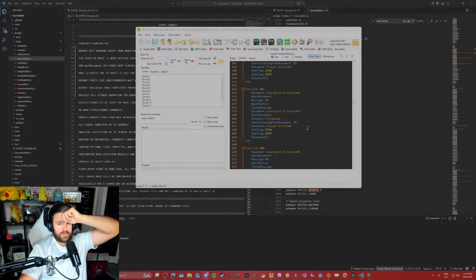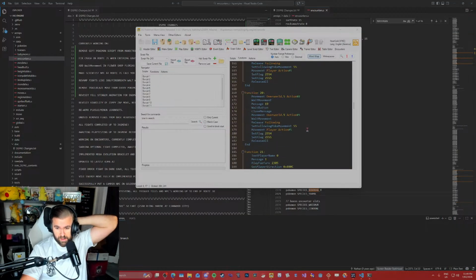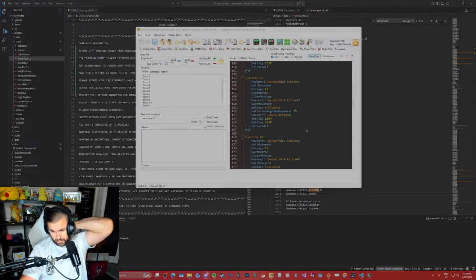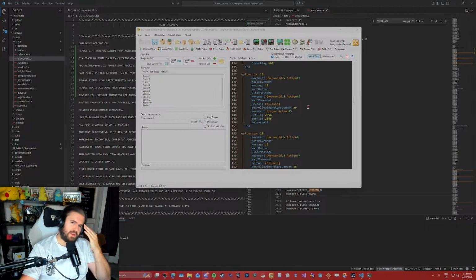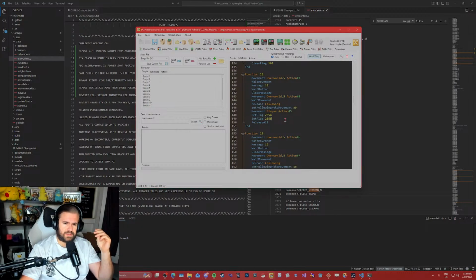I'm just trying to work out if I've scripted this correctly. I just don't know. The thing is, it plays the script, it does the movements, it plays the message, and sets a flag. But if its flag's already been set, does setting the flag numerous times break the game?